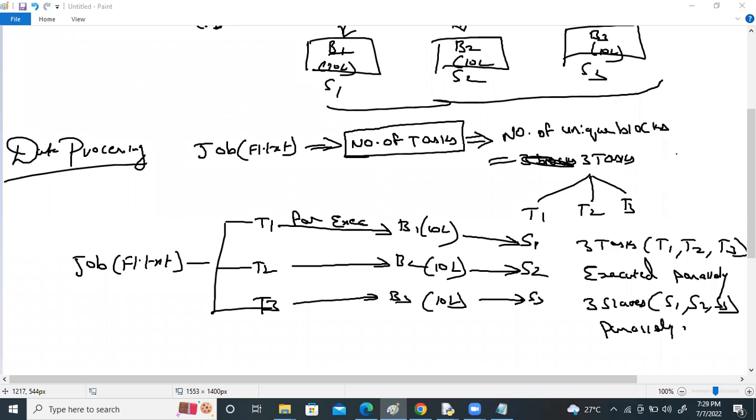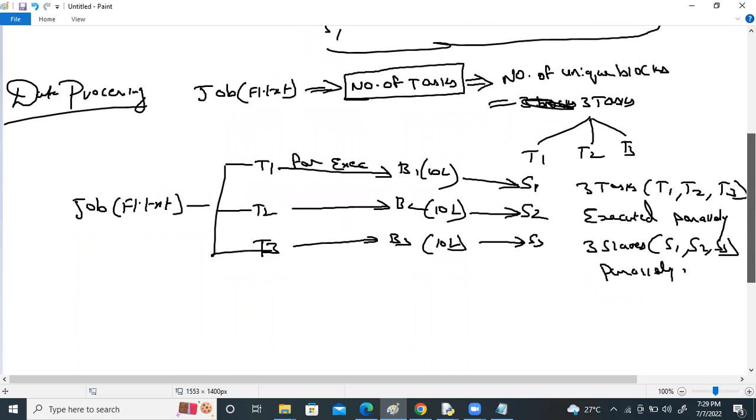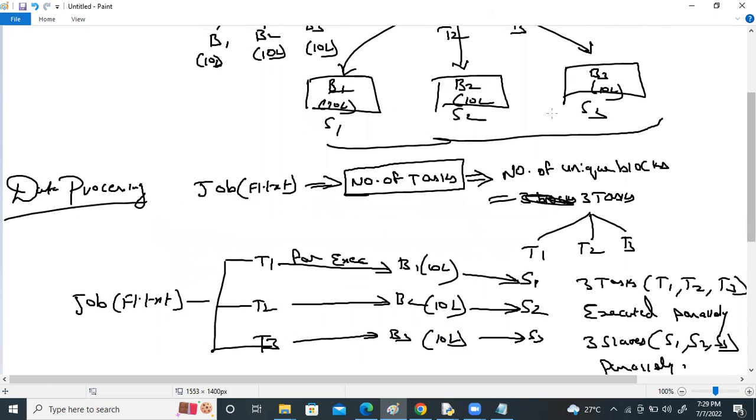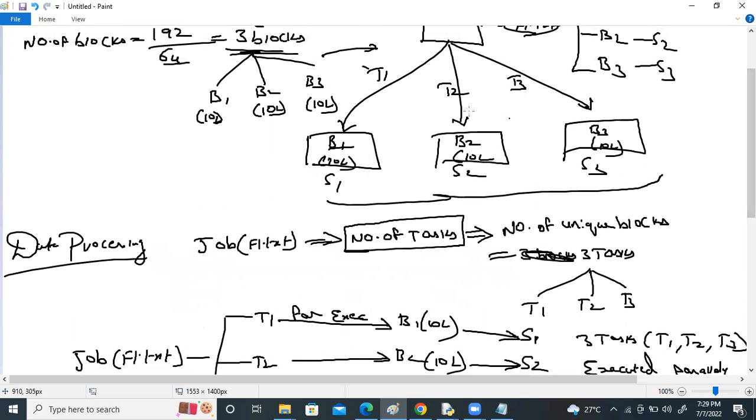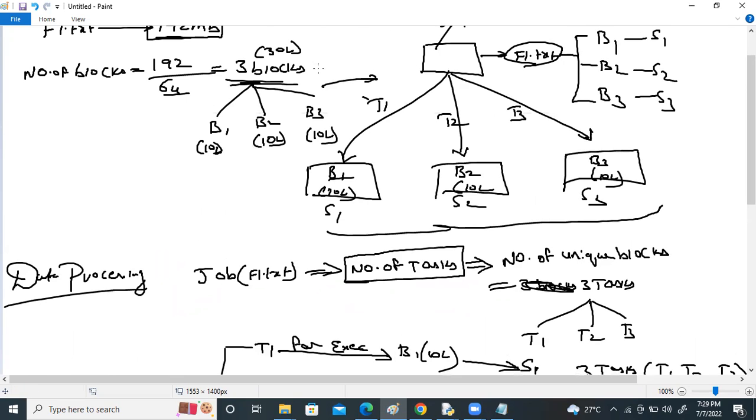Okay, understood? Now, these 3 tasks are executed by the 3 slaves parallelly. If you take a bigger file, you will get more tasks, executed by multiple slaves parallelly, as these are machines. Suddenly, if any one slave goes down,